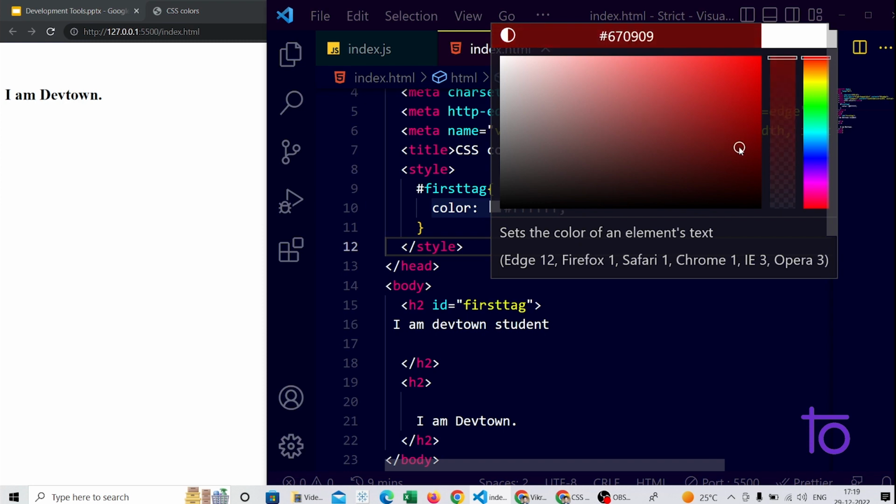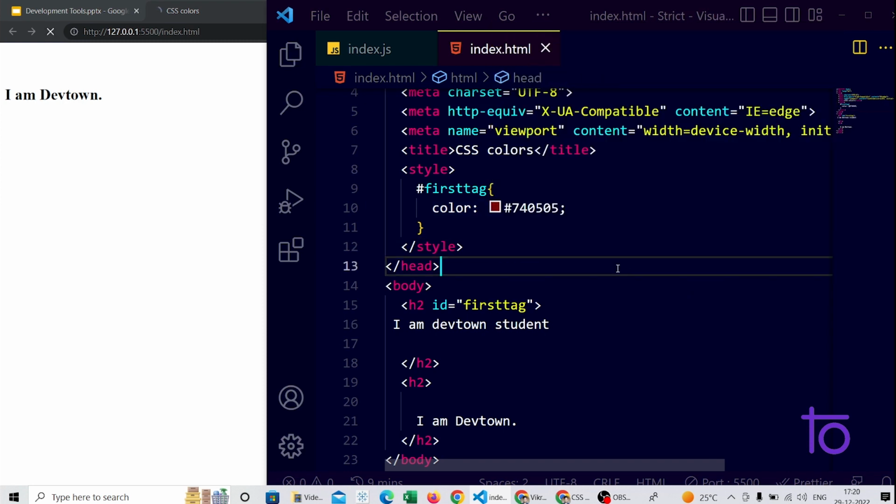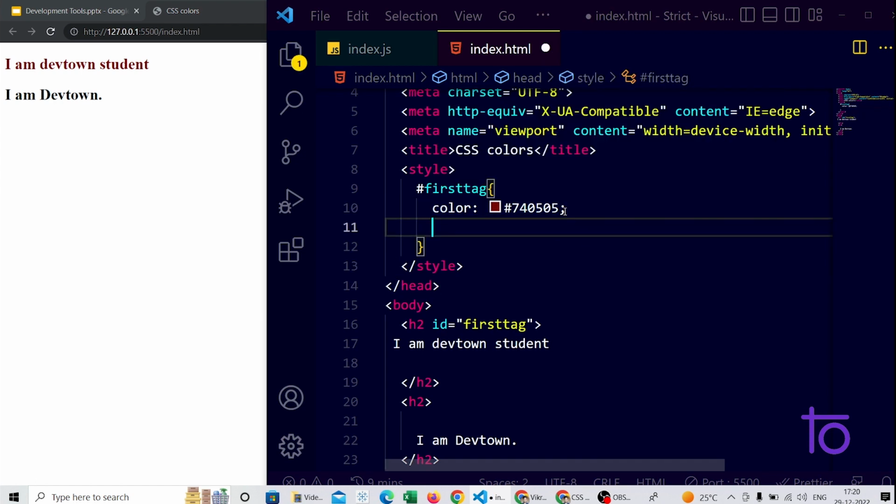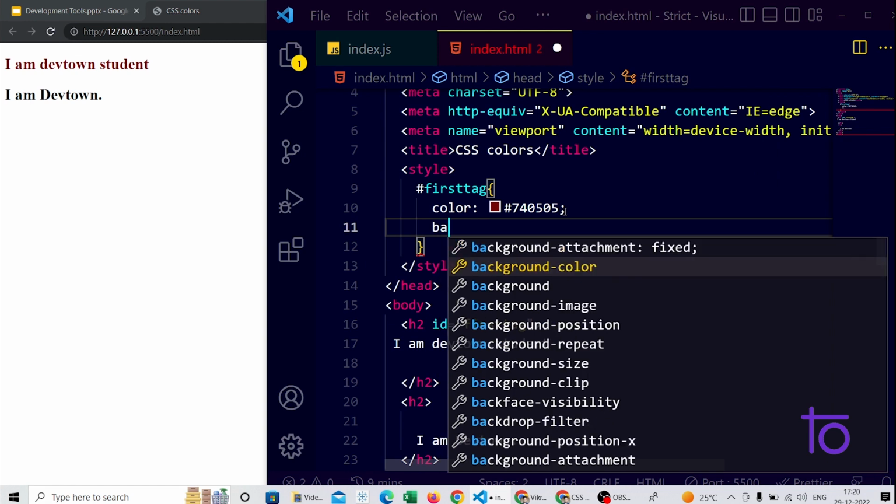Okay, so let's say I am selecting this dark red color, and yes, if I save this, you might be able to see the dark brown color is getting applied to my text. Okay, so in this way we can select our colors, and we also have another property, that is background color,